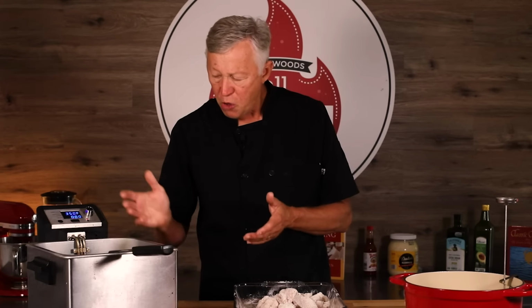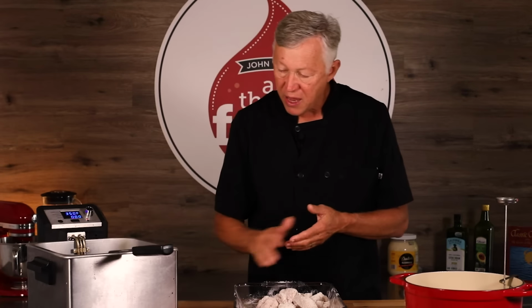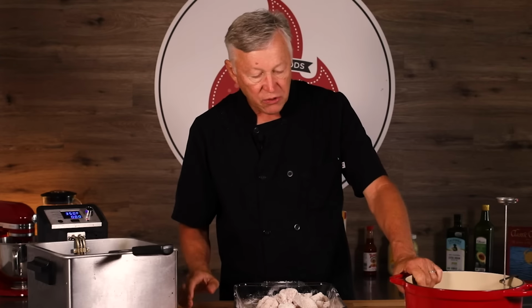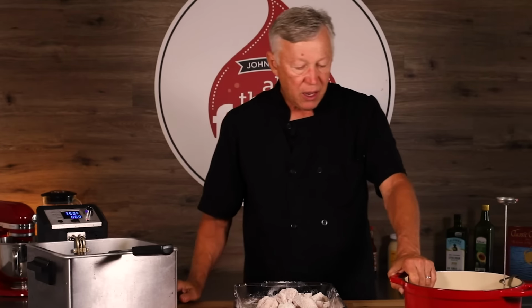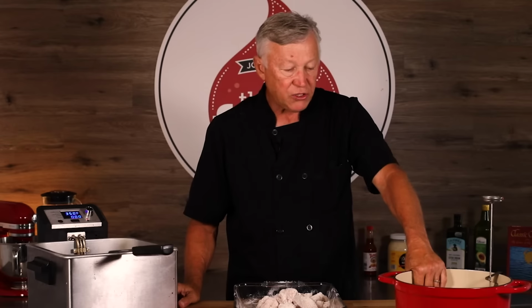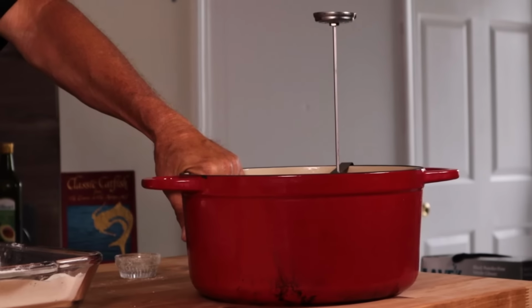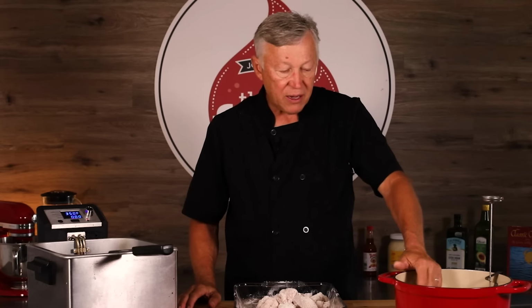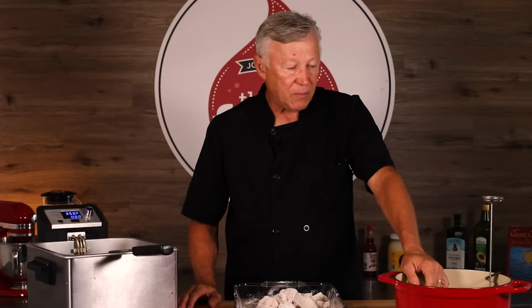Now, you may not have the luxury of owning one of these, and they're not very expensive. So I'll use sometimes a cast iron Dutch oven like this and enamel coated. This is a Lodge, and it works very well. And I can put it on the gas burner stove, put enough oil in it, and not too much, and